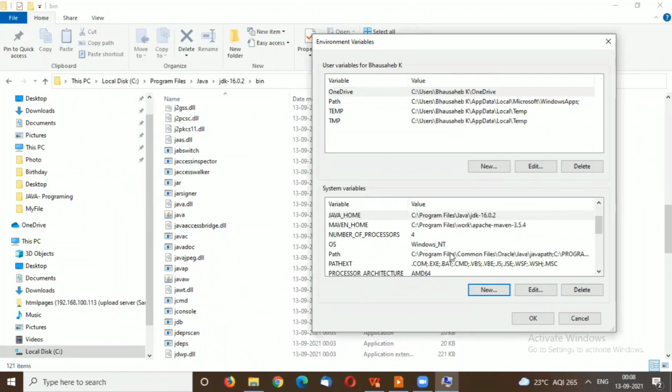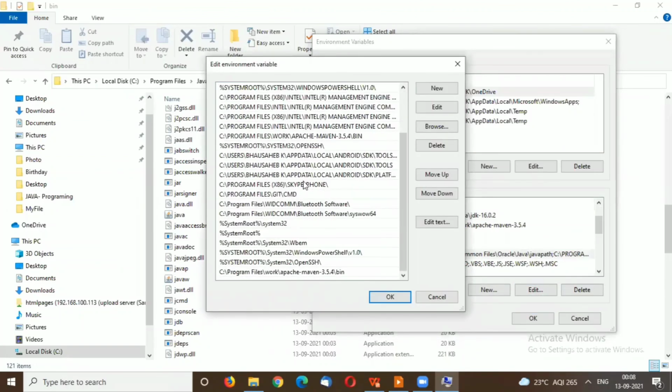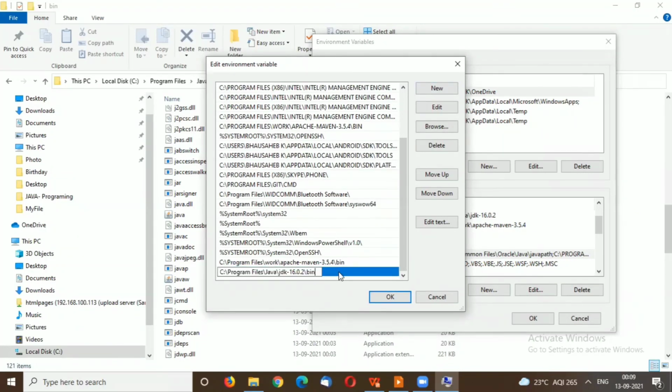Go to the path variable. This is the path variable of your system. Just click on edit. We do not need to click new here because multiple paths are already set here. So click on edit. Here multiple system variable related paths are already set up. So we click New in the edit window and paste your bin library path. Java home path is set as a new variable, and the Java bin path is set in your system path variable.